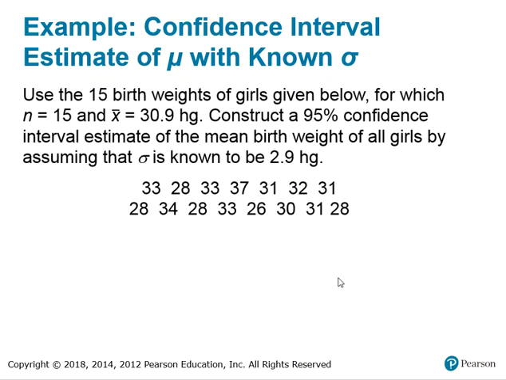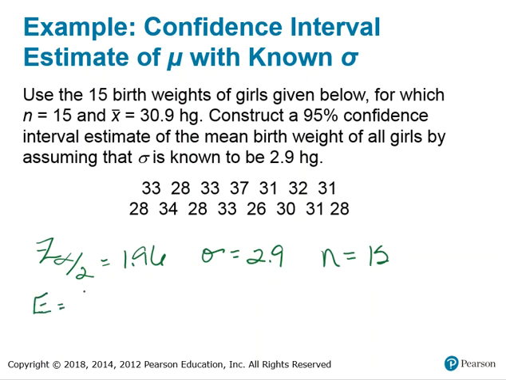So let's do the confidence interval. We have a 95% confidence interval. We already know that in this case we're going to use a critical value of 1.96. It tells us that we have a known standard deviation of 2.9 hectograms. We have a sample size of 15. So we have to find our margin of error. Our margin of error is 1.96 times the 2.9 divided by the square root of 15. That gives us a margin of error of